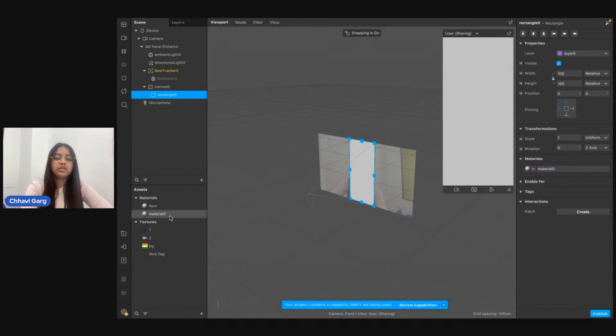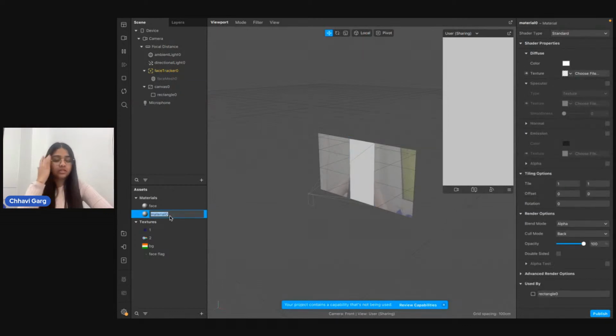Now you can see the material has been added to our material section, which is in our asset panel. Let's rename this material to BG because it's a background. BG is the short form of background, right? Now,